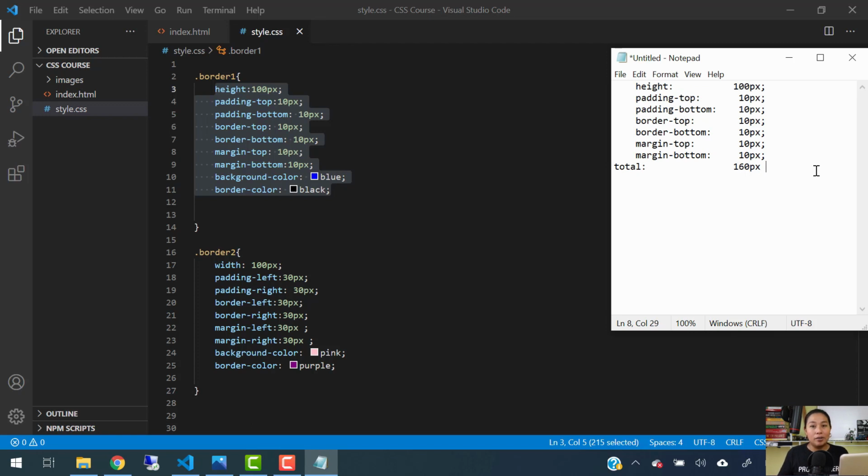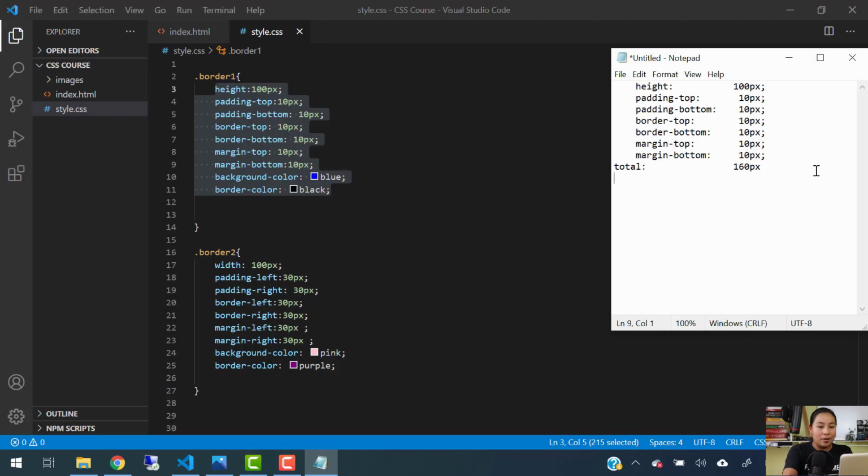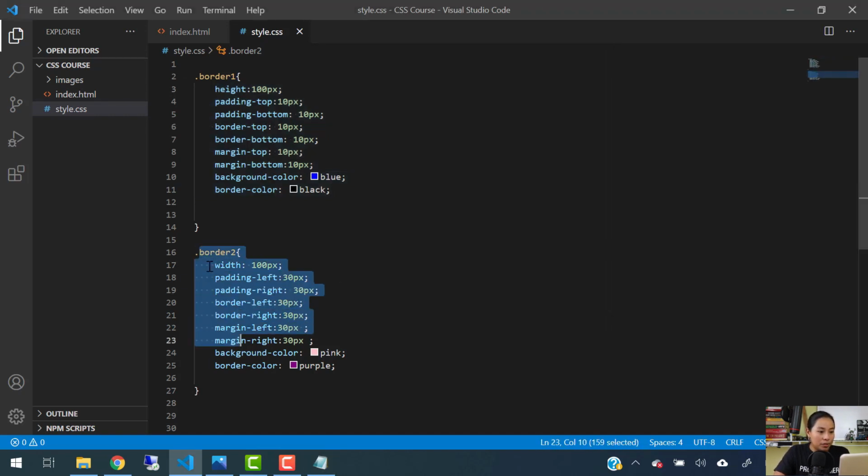I guess that you already know how to do it. And if you want to go ahead and do it on your own, just pause the video and do it, okay? But I'm going to give you the answer right now. So how much is going to be the width of the second one? So the border number 2 width is going to be,